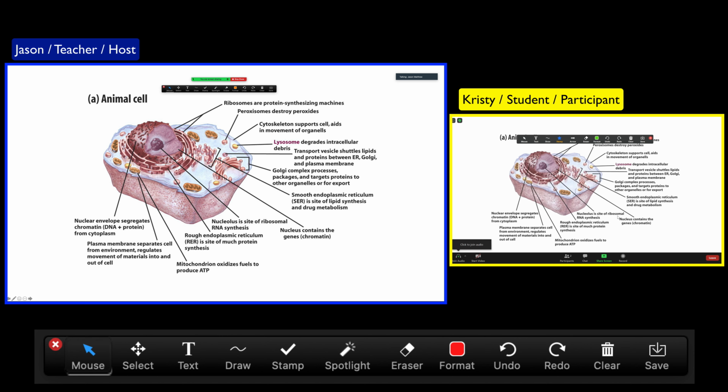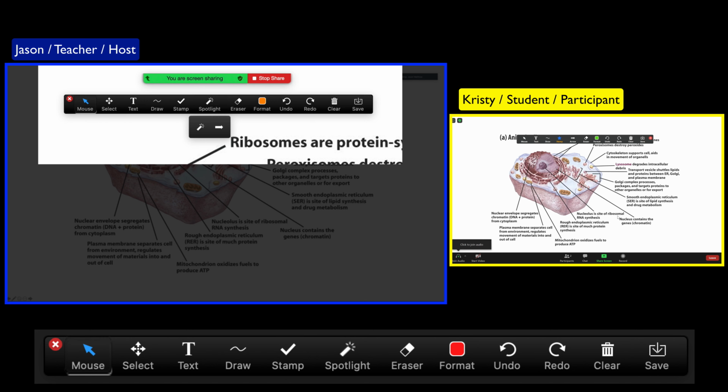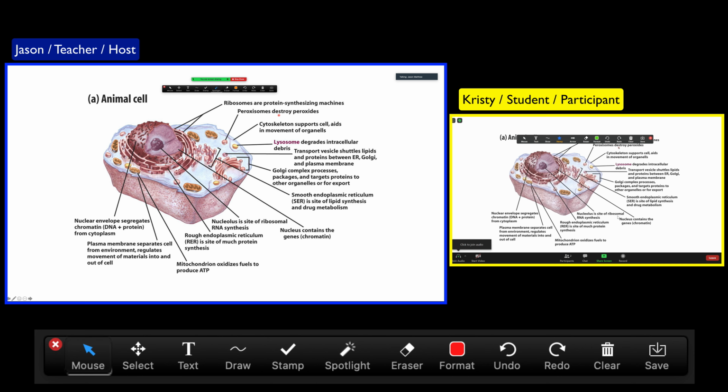So for instance, this is a diagram of a typical animal cell. And I could choose the spotlight feature. So that's a tool that I haven't used previously. So it's really great, especially when you're sharing your PowerPoints, to use this spotlight feature. The spotlight acts like a laser pointer and turns your cursor into a red dot. So I choose spotlight, and then I choose the spotlight feature here. And as you can see, if you follow the laser pointer,